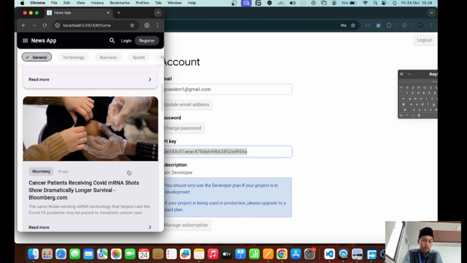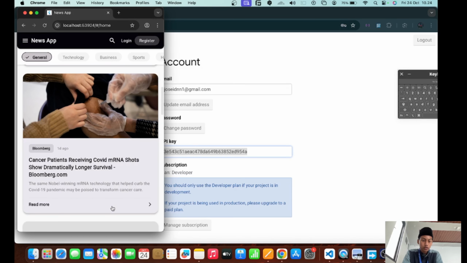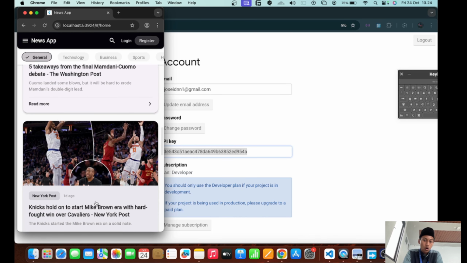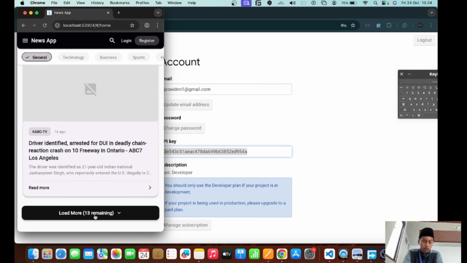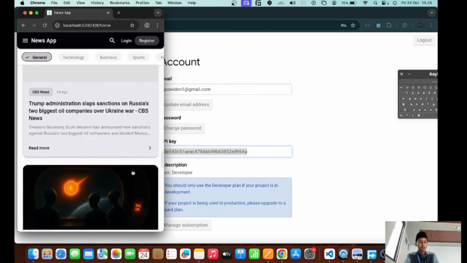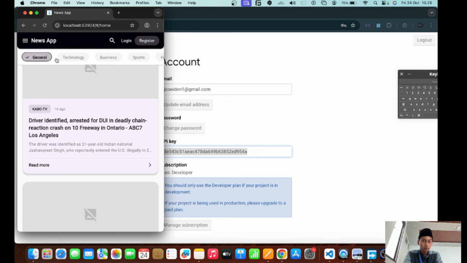And then you can look at news for general. There is cancer or sports or driving and others. And then you can use categories for your news.